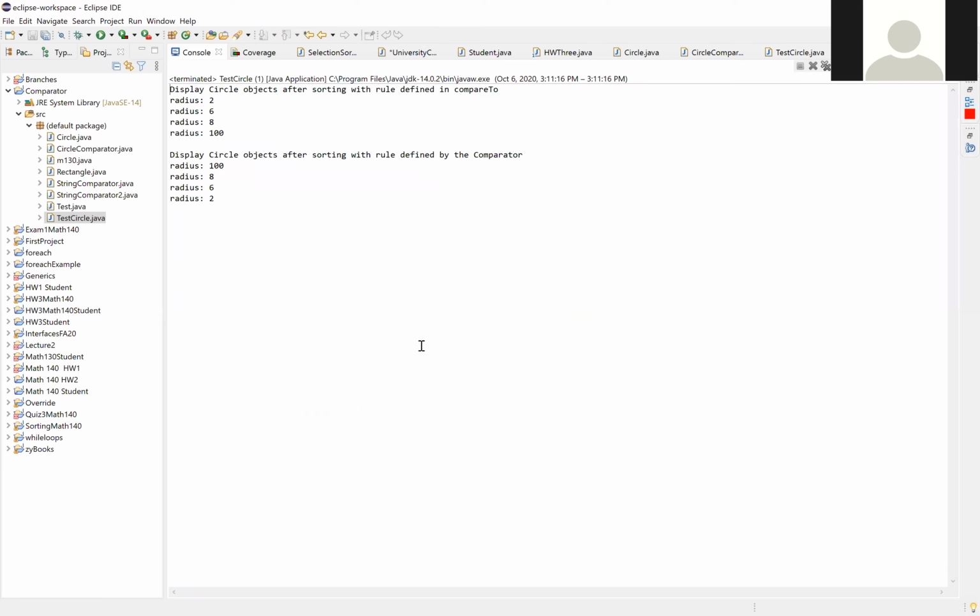And the second time we're using the rule defined in the comparator where the smaller the radius, the larger the object. So the larger radius is the smaller object. So notice how we first print out radius 100. So the circle with radius 100 is actually considered to be the smallest circle object. But the important thing to understand here is that it's just this